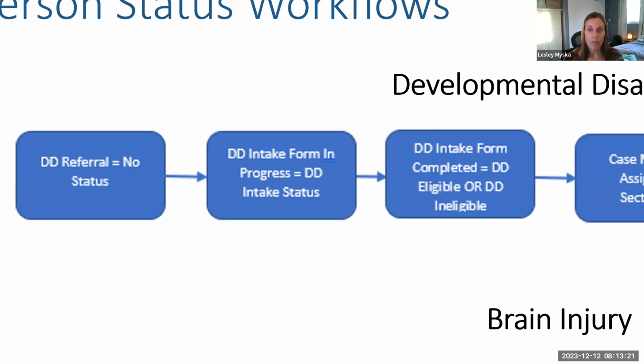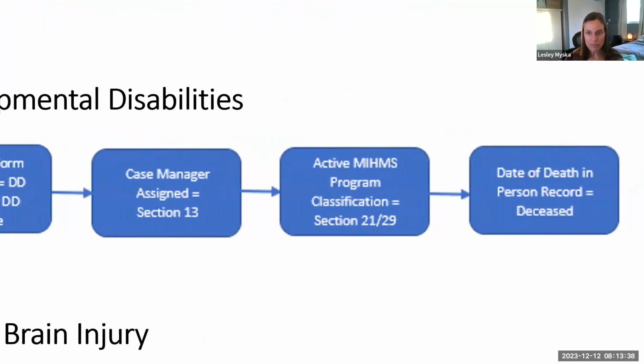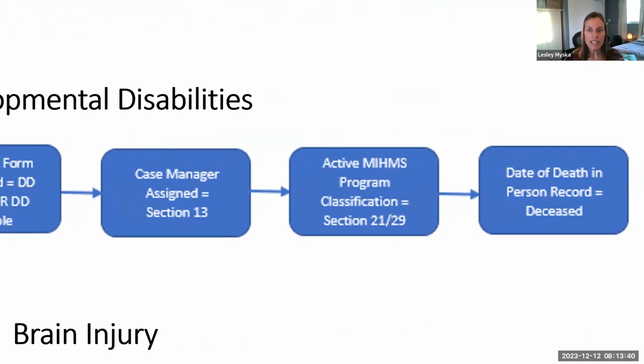And then once the DD eligibility assessment has been completed, it will be marked as either DD eligible or DD ineligible, and the person record status will update correspondingly. I'm going to continue on the happy path, indicating that they were found DD eligible. If DD eligible and the person accepts their case management services,